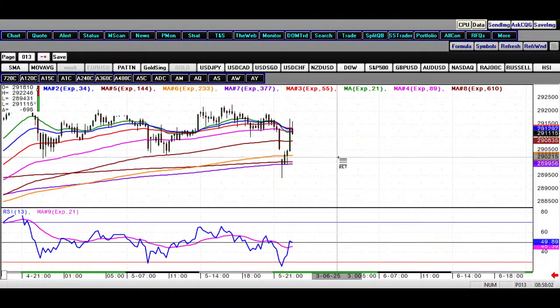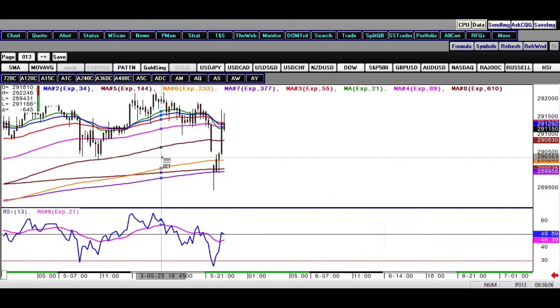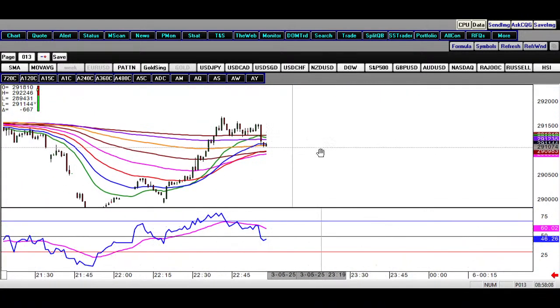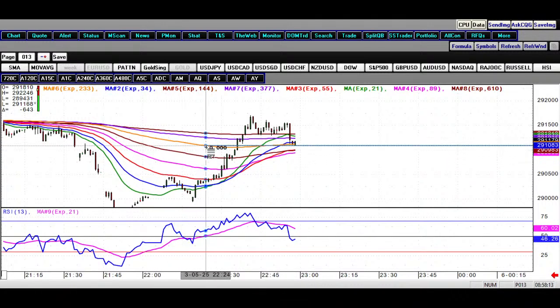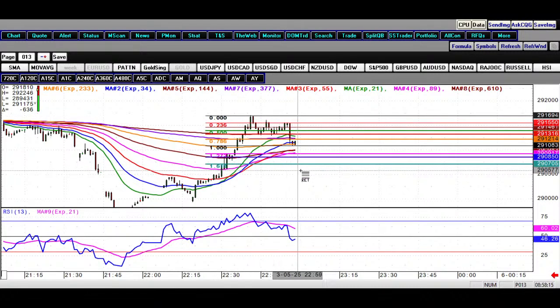Okay, this is coming to 11. We still have 2 more minutes. Okay, 2 more minutes for this weakness to last. Then I think you try to buy at 10 half or 8 half, 8 or 8 half.